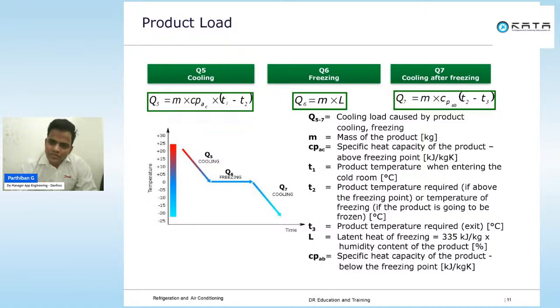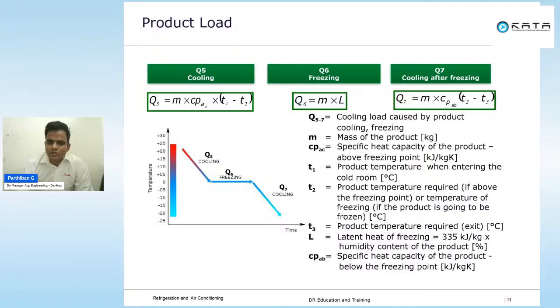So at that time, the mass M remains the same. L is the latent heat of freezing, the heat emitted when there is a phase change. So the value is fixed, which is 335 kilojoules per kg, multiplied by the humidity content of the product. Since we are going to freeze only the water, we are going to take only the water load into